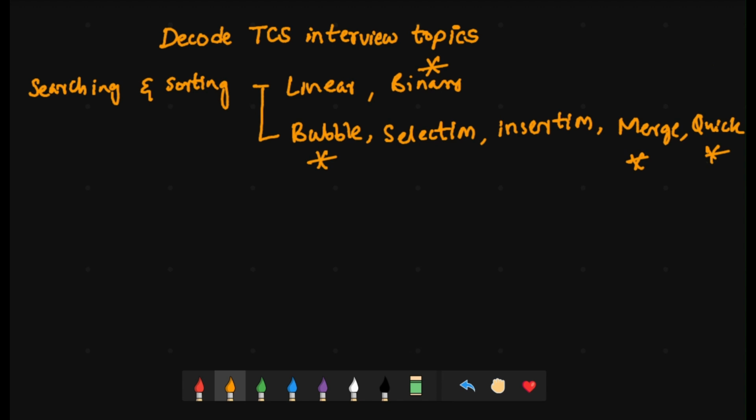Here not only the program, you need to focus on the mechanism, how it works, as well as the algorithm for it and time complexities. After completion of searching and sorting, focus on JDBC concepts, like how many ways we can create JDBC, that is 4 types, as well as learn a program for it.